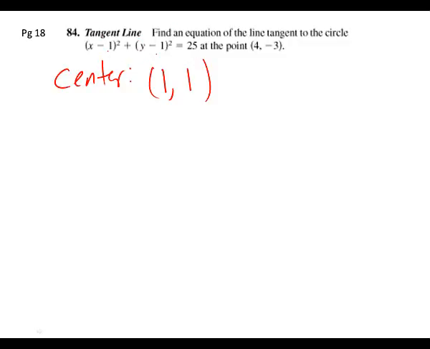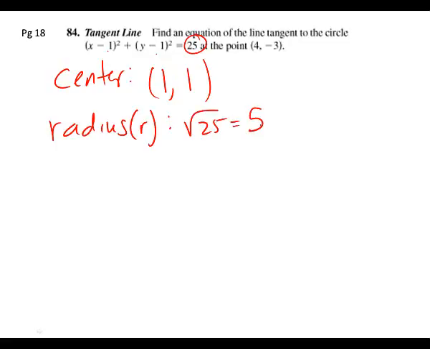Now, look at that formula again. It says that it equals r squared. So what is this thing standing for? What's r in a circle? Radius. So the radius of the circle, I'm going to write out the radius, it's r, is the square root of 25, which is 5. A tangent line,